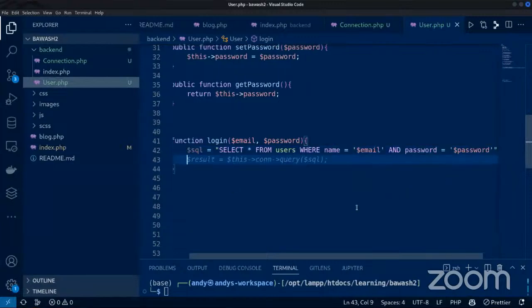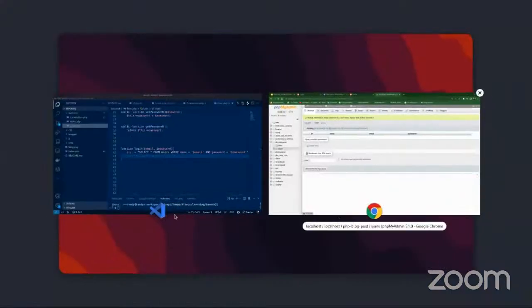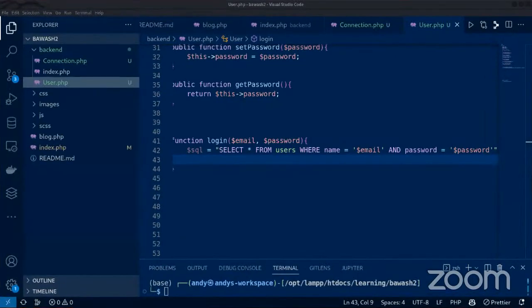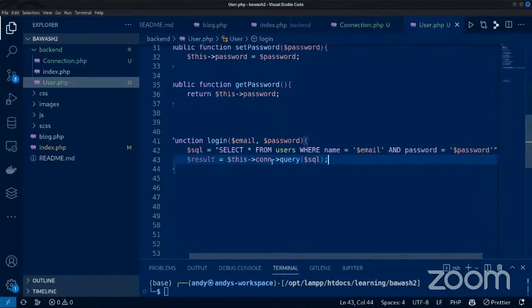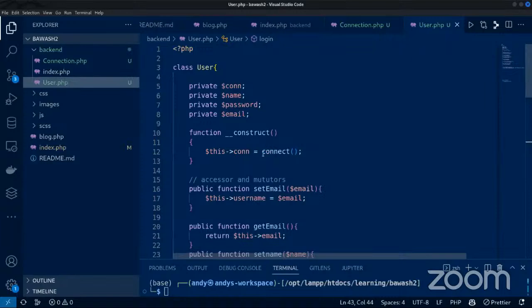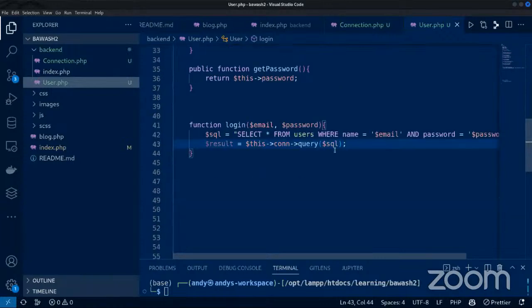So let us execute this query. I'm not going to go too deep into things right now. I just want us to do things at a very basic level. You guys can build from there. So I could set the result, and that will be the query. If you notice, I'm using this.con.query, probably because I have this connection that is set at the level of the constructor, and this is it here. So the user class can always access this. So I have the result, and